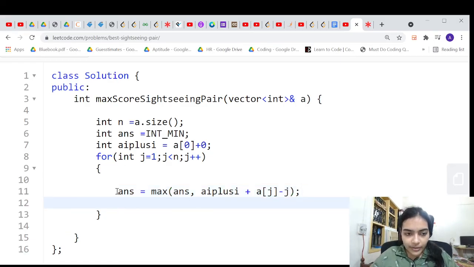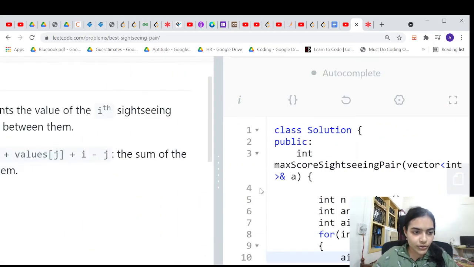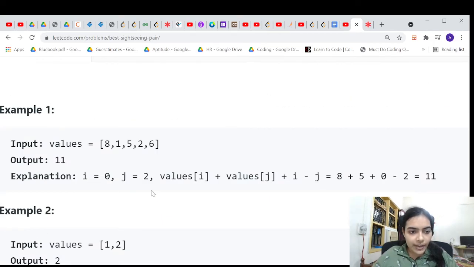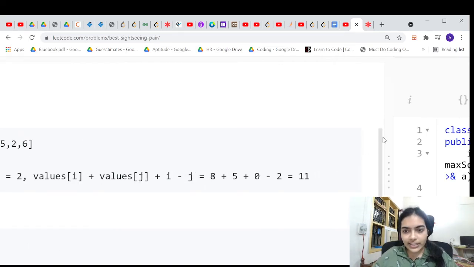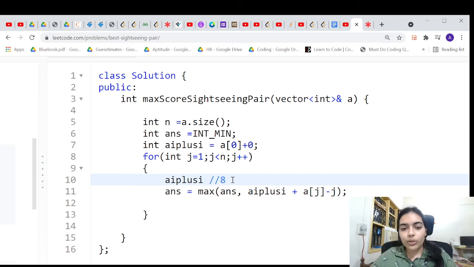So I'm writing the statement first. This will ensure that always I take the previous a of i plus i value. After that only I will change the current a of i plus i. If I give the statement above, I will get error, right? Because I will take 8, for example, in this particular case itself, which we are seeing right now. I will take 8 and then I will again take 8. 8 plus 8, 16. I'll get 16 as the answer. I don't want 16 as the answer, right? You don't want same element to be counted twice.